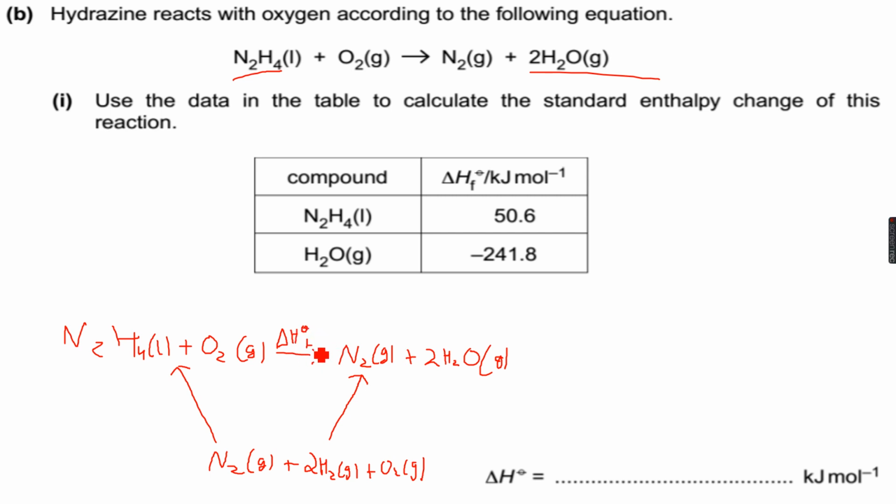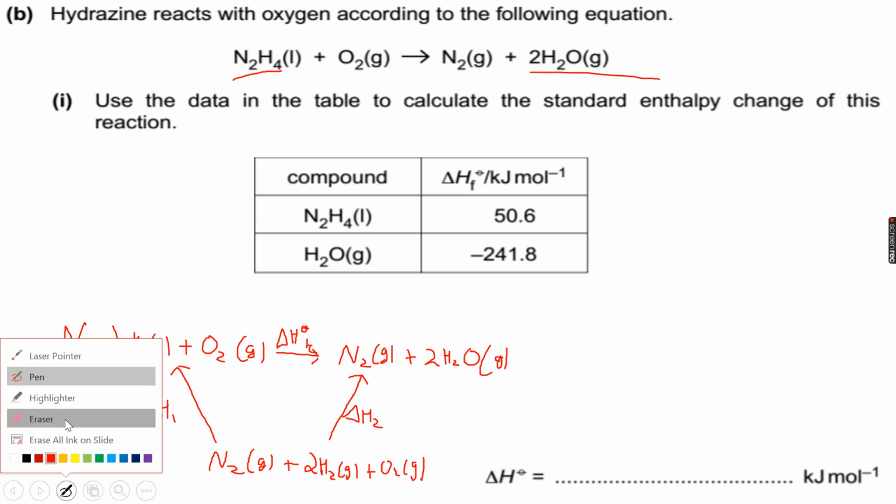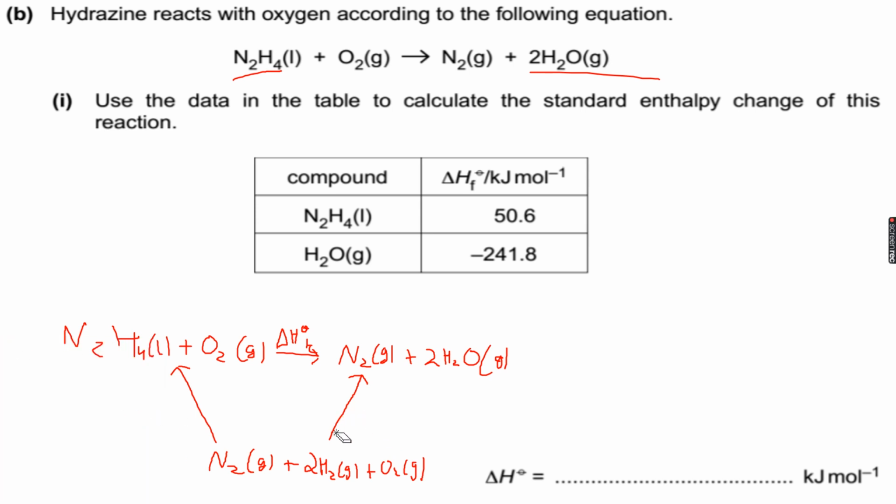Delta H naught R. Now let's take this as delta H1. This is delta H2. Now actually let's not take this as delta H1 and delta H2. Let's just put in the values so that we do it quickly. So if you see this arrow, which I labeled as delta H1 earlier, it's nothing but the enthalpy change of formation of N2H4. So this will be 50.6 kilojoule per mole. And then this arrow, which I earlier labeled as delta H2, is nothing but 2 times the enthalpy change of formation of water, because enthalpy change of formation is only for 1 mole. So if there are 2 moles, we'll have to multiply it by 2,